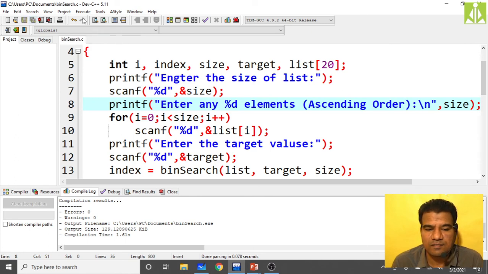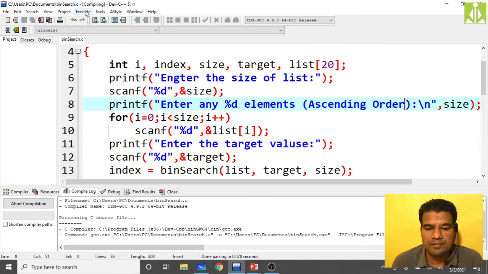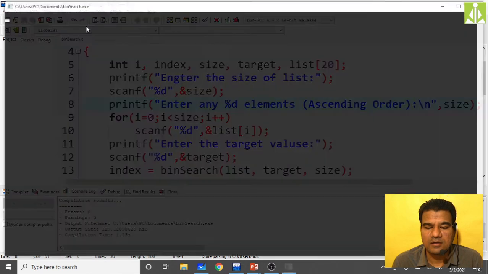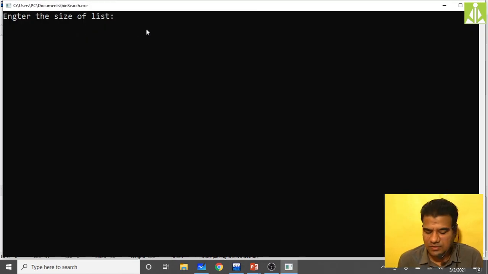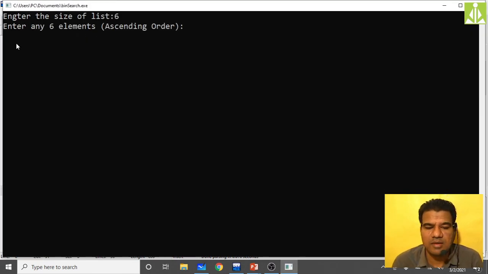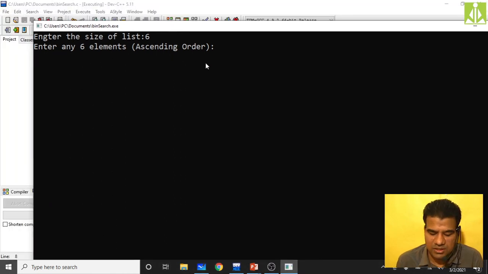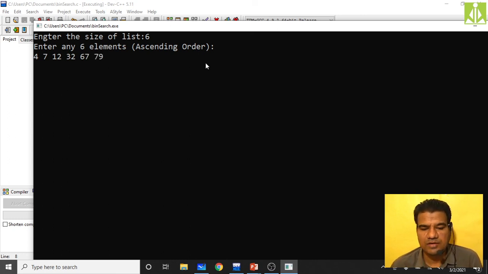So save, compile, then run. Enter the size of the list, 6. Now enter any 6 elements, ascending order is must. So 4, 7, 12, 32, 67, 79. How many? 6 elements.